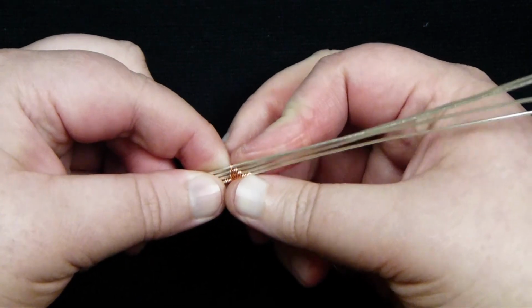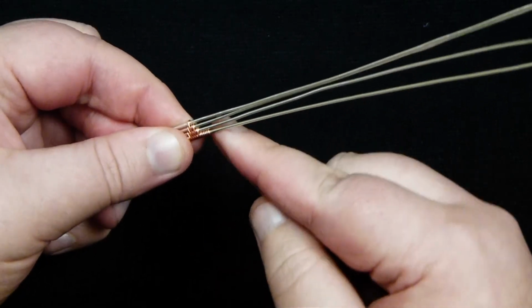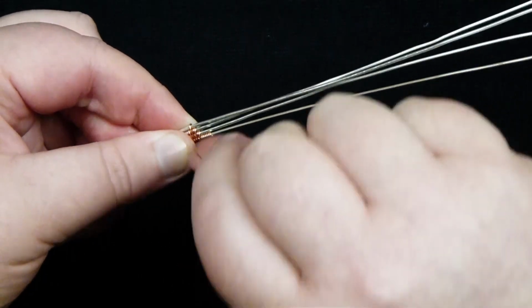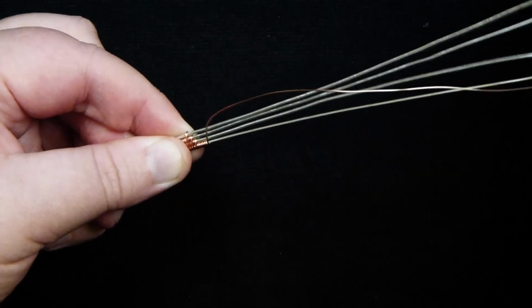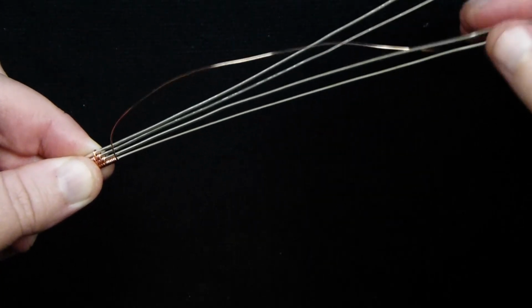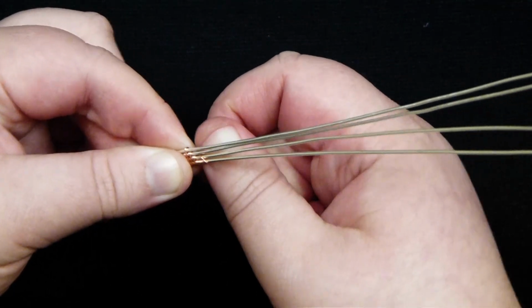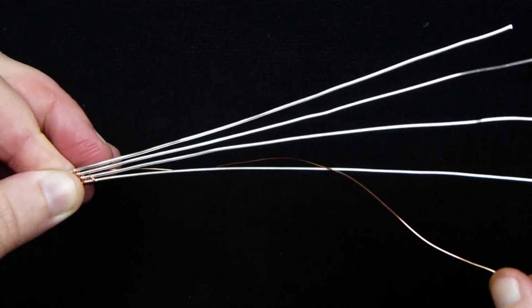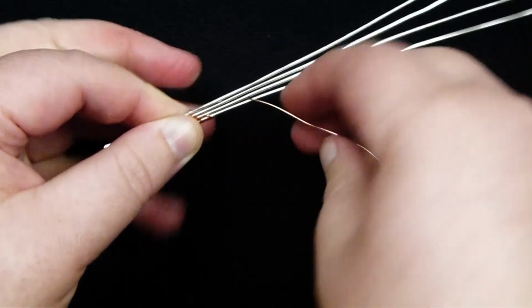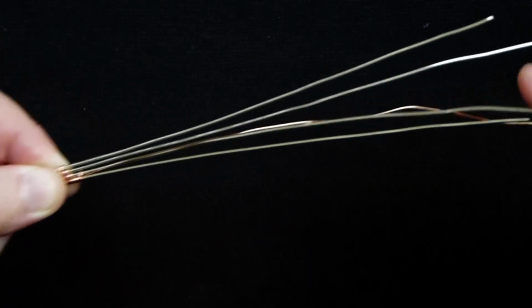Then you need to start the next one, and that's just doing the exact same thing. I'm just going to show you again. I'm coming down behind towards the bottom. To start off the next one, I need to go over the top of the bottom two base wires, so come down between the two middle ones, push that down, then come up between the two that I just wrapped over the top of, so that I come up to be able to wrap around the second from the bottom